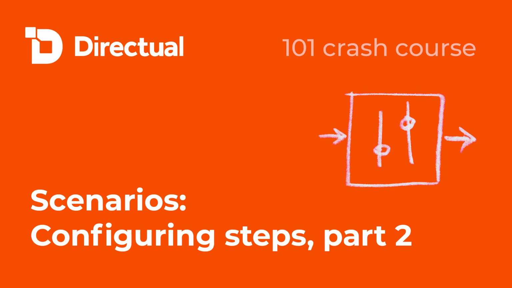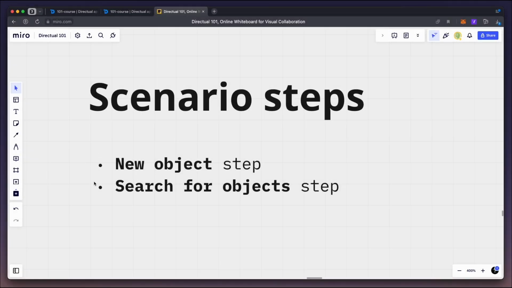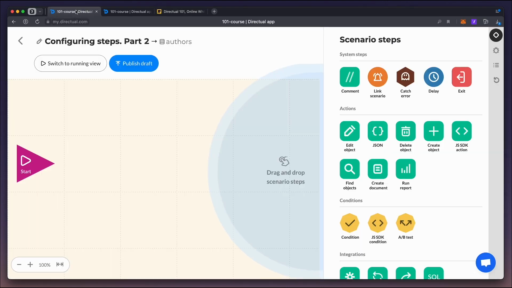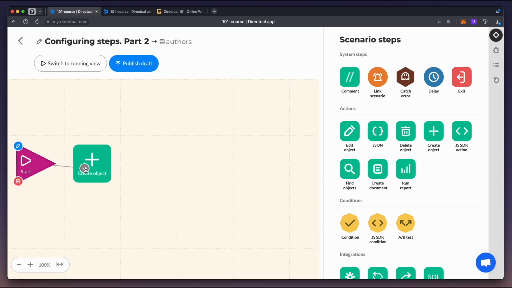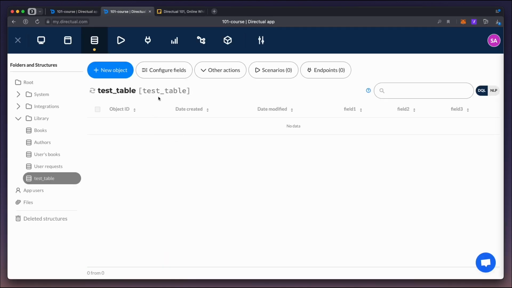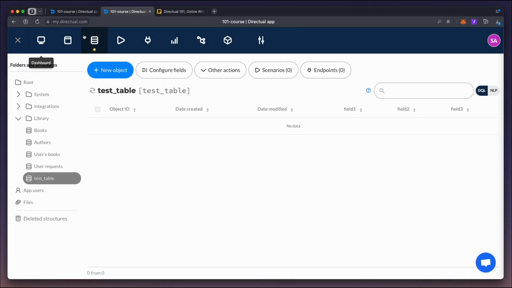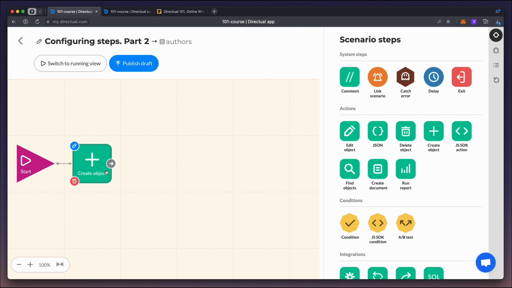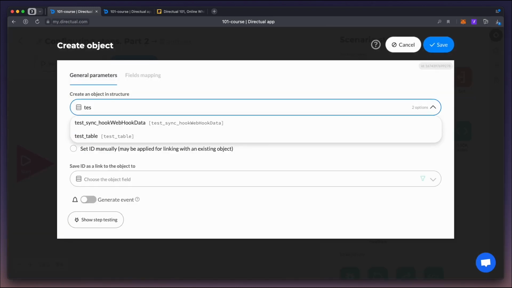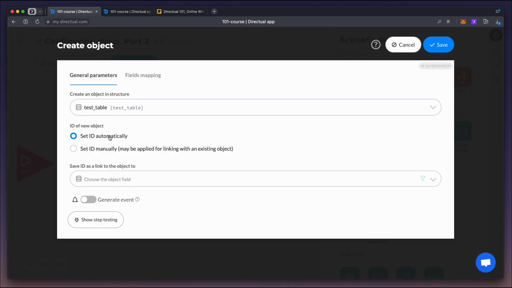Now we're going to show you how to use two new steps, Create Object and the Find Object step. Let's add the Create Object step to the scenario that works with the authors structure. Let's create the test table structure with a field for the ID and 3 other field strings. Go back to the scenario and configure the Create Object step to create a new object in the test table